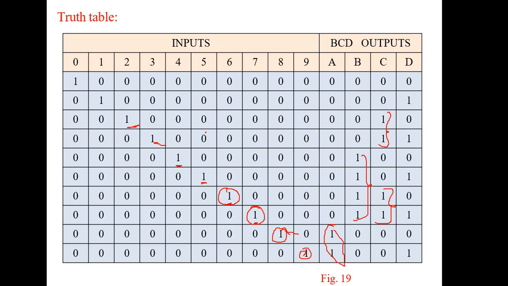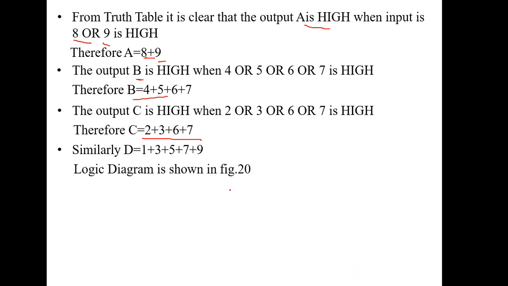Similarly, check it out, when D is high. D is high every alternate bit. Yes or no? So it is high at D1, see the first high in this case. Then it is D3. It looks like odd numbers are high. So go with odd numbers 1, 3, 5, 7, 9.